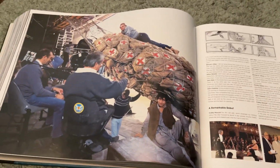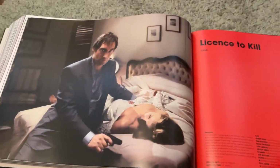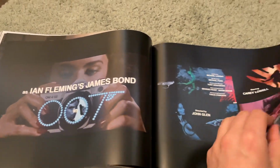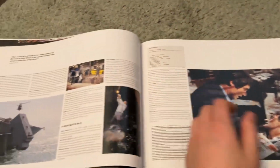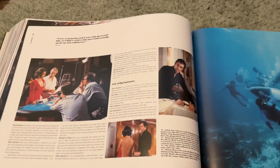But as the story goes, Pierce Brosnan almost became Bond at this time, but Remington Steele continued. It got picked up, and he literally, at the last minute, couldn't be Bond. But it all worked out, right? We got 2 great Timothy Dalton movies, including License to Kill, which I recently watched twice, and I did a